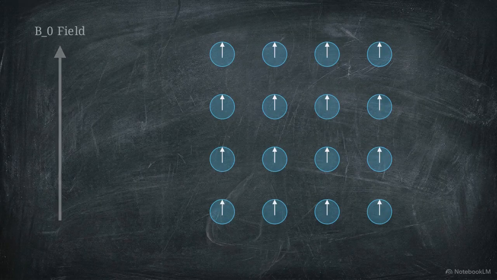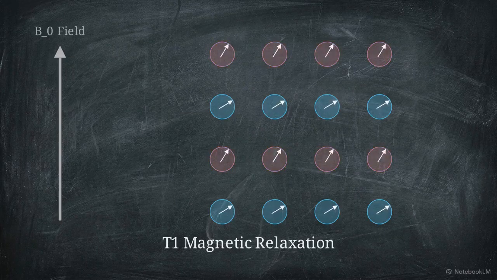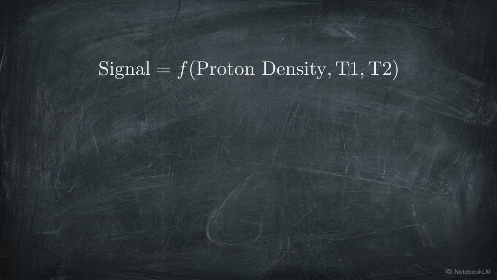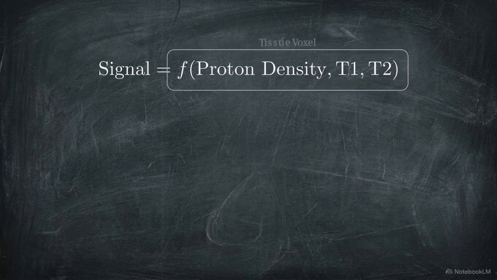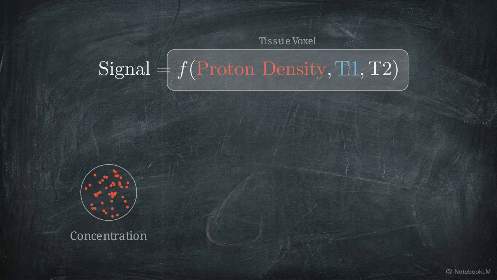Instead, it measures how hydrogen protons behave after being disturbed by a magnetic pulse, tracking their precise rates of magnetic relaxation. This equation illustrates the baseline reality of the human body. Inside the scanner, every tissue simultaneously exhibits three inherent magnetic properties: its total proton density, its T1 recovery time, and